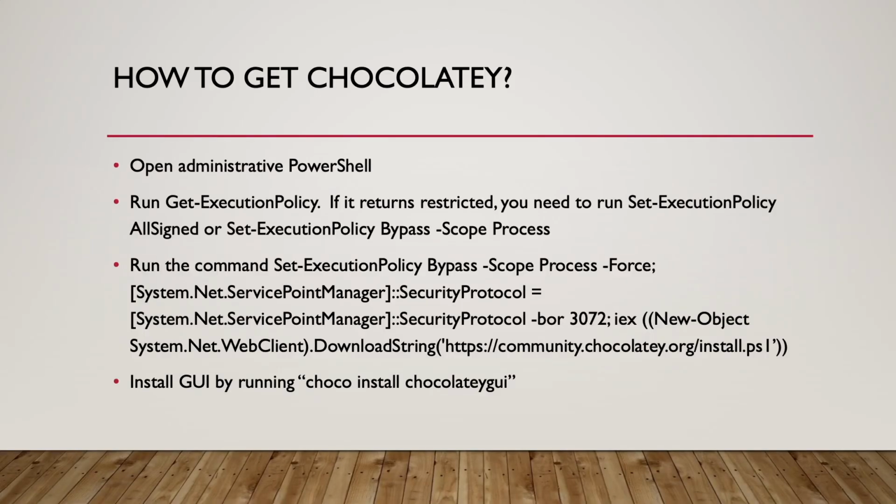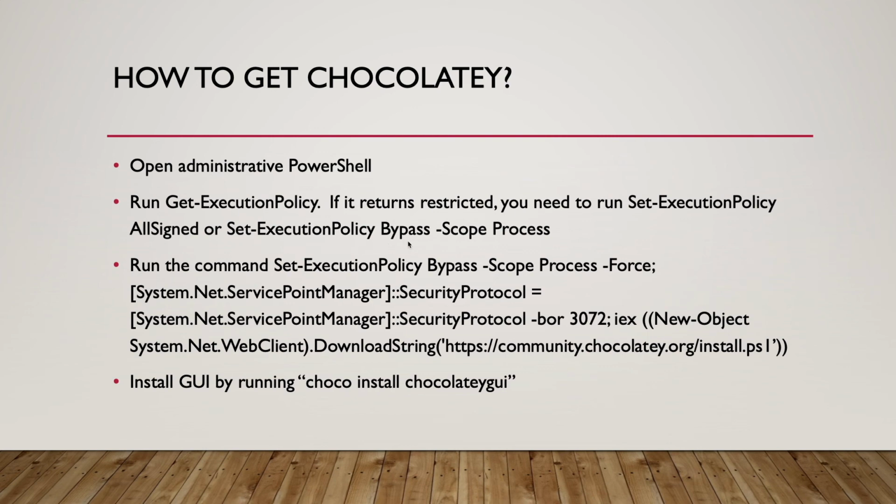To finish things up, I want to discuss how to get Chocolatey installed. So all you got to do is go to chocolatey.org/install, and you're going to have a set of instructions, and for each one of these steps you will have the option to copy and paste it into the PowerShell. So first thing you got to do is open up PowerShell as administrator, copy this command, Get-ExecutionPolicy, and paste it into PowerShell, and if it returns Restricted, you copy this set here,